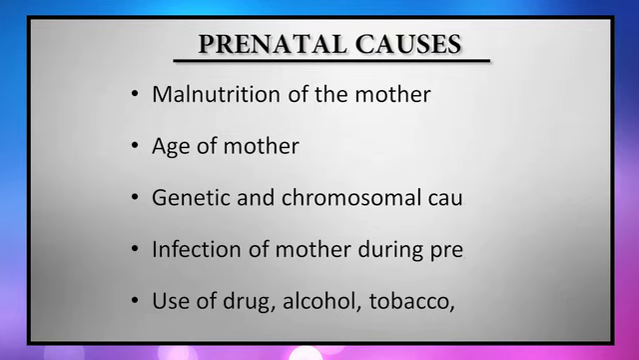Now, some of the main factors are malnutrition of the mother. If the mother is malnourished, the child doesn't get sufficient nutrition for the growth of its vital organs. Age of the mother: now, this affects both ways. If the mother is below 18 or very young, or if the mother is above 35 years, there are certain hormonal imbalances in the mother which may lead to a disabled child. Besides that, there are genetic and chromosomal causes, infection of the mother during pregnancy, and use of drugs, alcohol or tobacco by the mother,